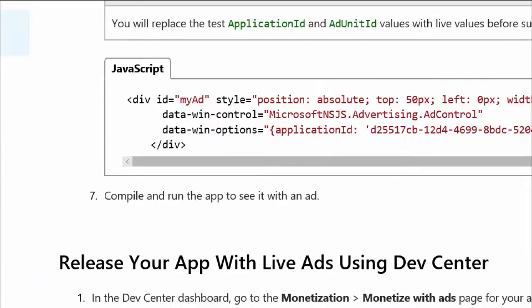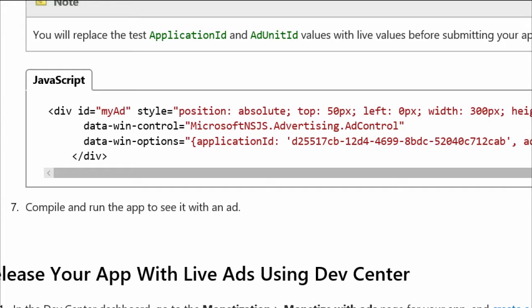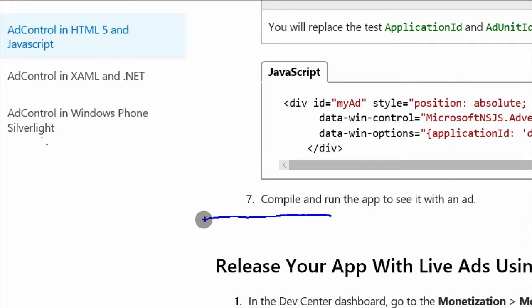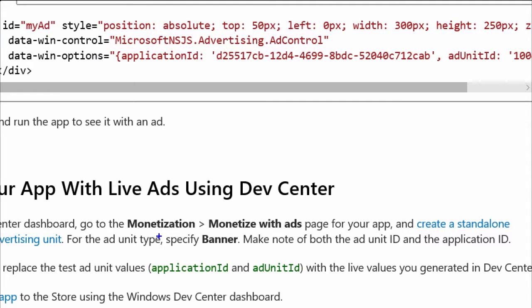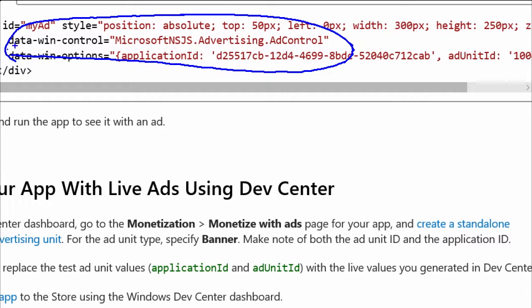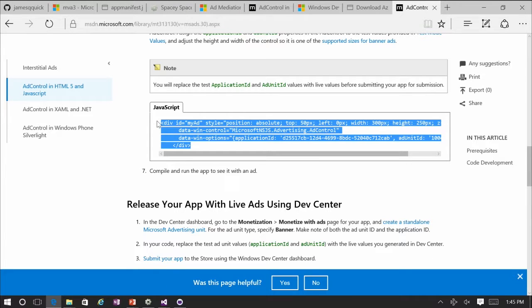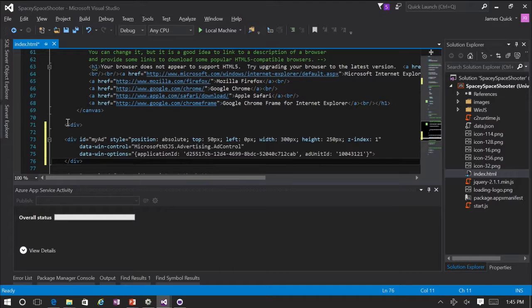It's a sample piece, so here it is, JavaScript. And it's a div, its ID is my ad, and then the key part is, back out of here and try that again. So this data when control references that advertising.add control. So that's what we want to reference. And again, I'll just come in here, copy this, come back to my code, paste that in underneath the C2